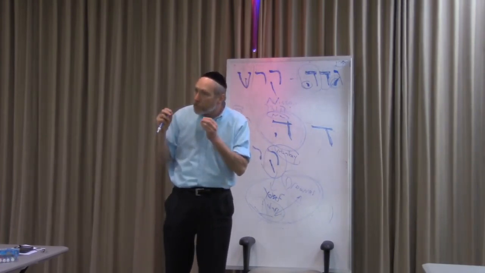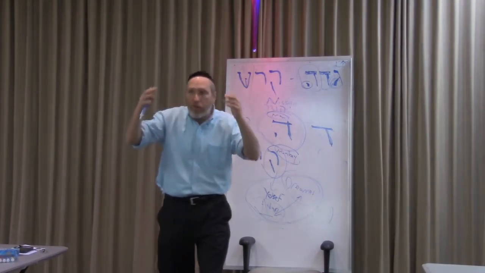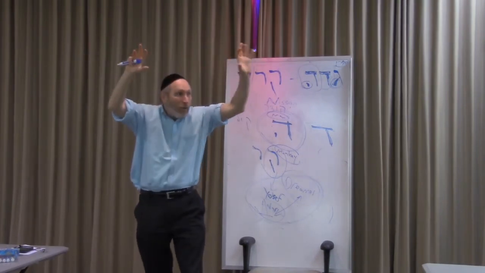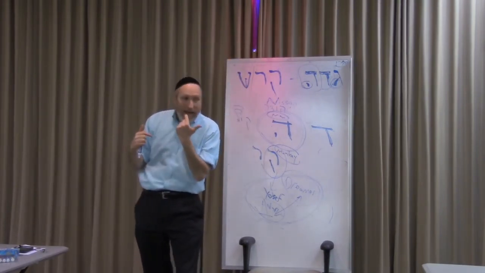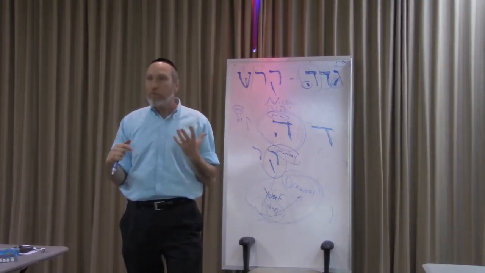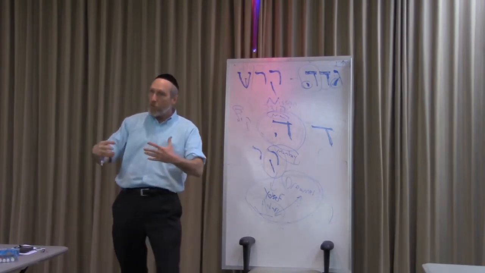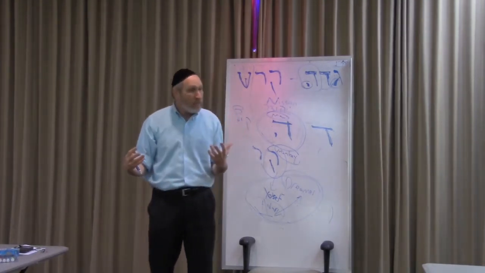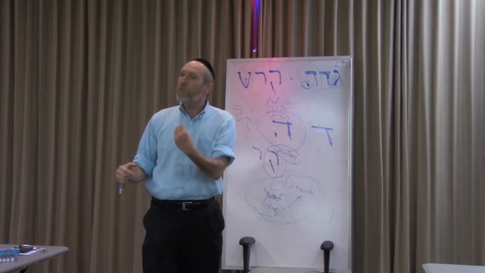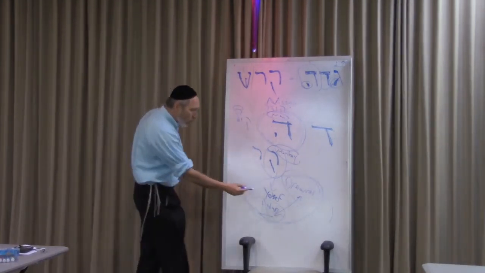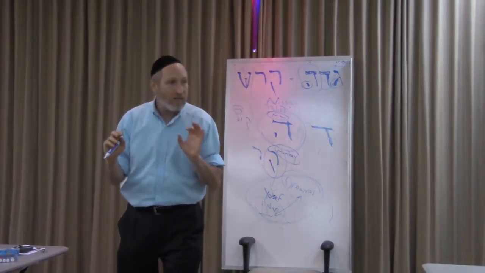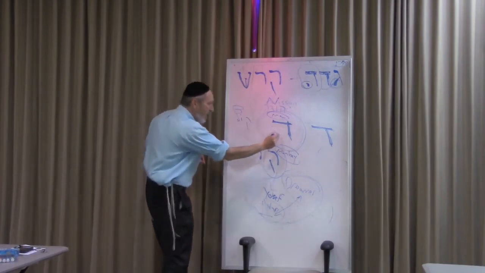You know why that is? Because the whole illusion of the world, the things that trap you in, ooh, Vegas, come to Vegas, wow. All these things that lure you, when a person becomes a master of that, he becomes a master of his desires. That was Yosef. His whole test with this woman trying to seduce him at 17 years old, every day she's changing her clothes 10 times a day, trying to seduce him. And he's the master of his own desires. Why? Because he's the one who controls the imitation. He's the one who controls this world of lookalikes. It looks like a monkey, but it's not. This is the hey and the kuf.